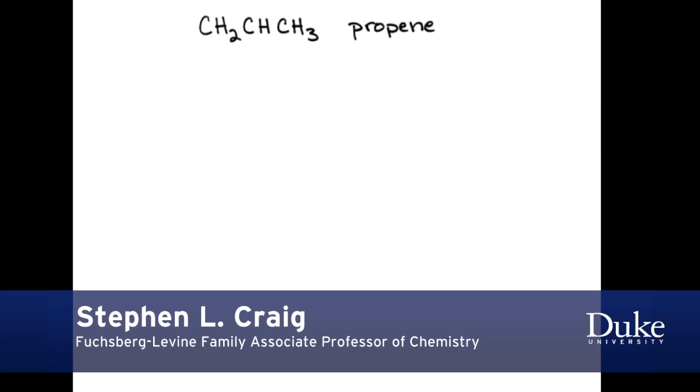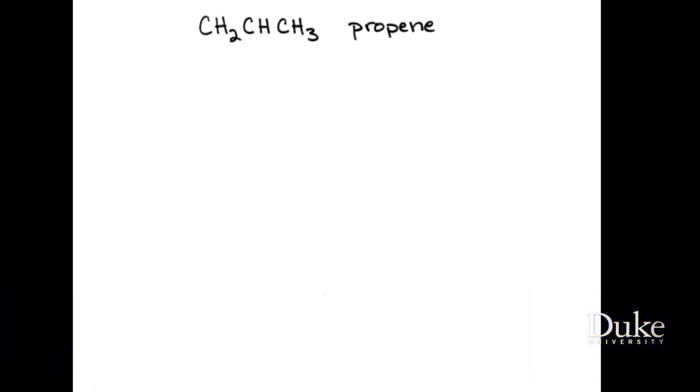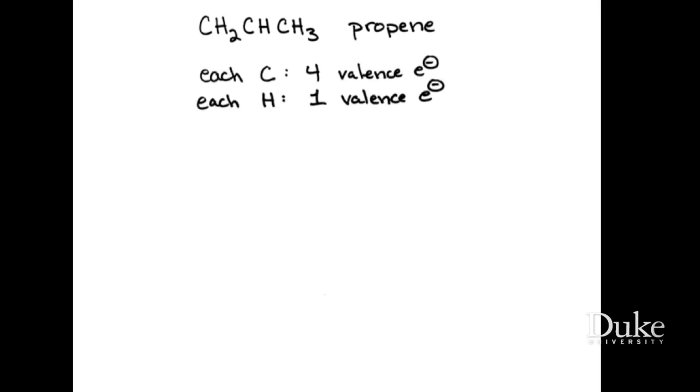Okay, let's use hybridization to describe the bonding and structure in propene, which has a formula of C3H6. You want to start by looking at the Lewis dot structure here. So each carbon brings with it 4 valence electrons, each hydrogen brings 1. The underlying skeleton, then, shown here, has a total of 18 electrons in the valence shell that we need to